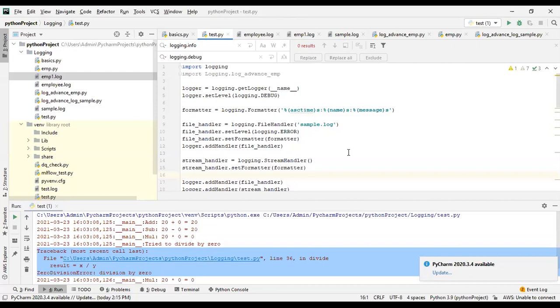So the key takeaways are adding basic configuration for the logging, creating a custom logger, and then how you will be able to log level-wise information into the log file. All of this we have shown here.